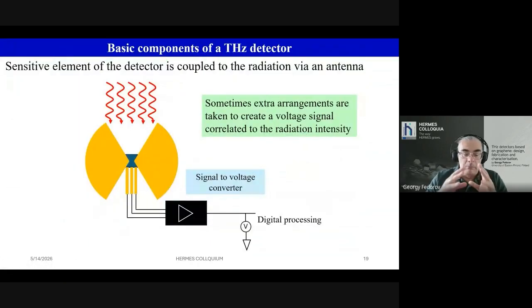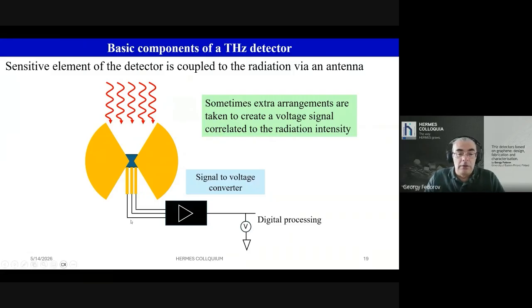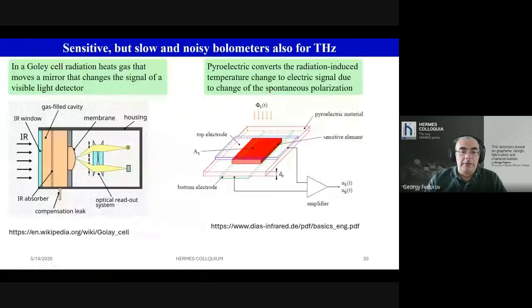These mechanisms can be pretty sophisticated. So here I show just an antenna connected to some black box that converts something to voltage. Here I show that we can have more electrodes going to our sensitive elements in order to convert the response to radiation into voltage, be it temperature or something else, maybe expansion. And here I give two examples of things that are very sophisticated and too complicated for what we want to do,